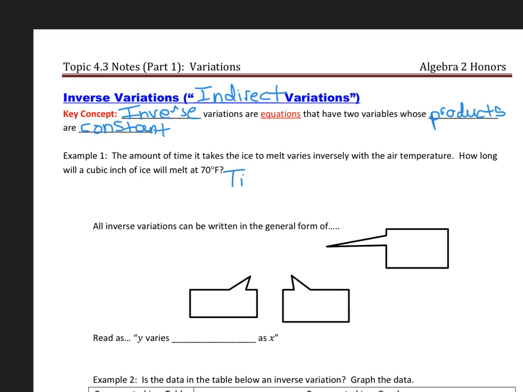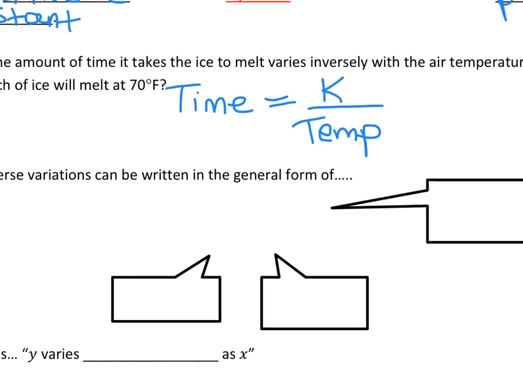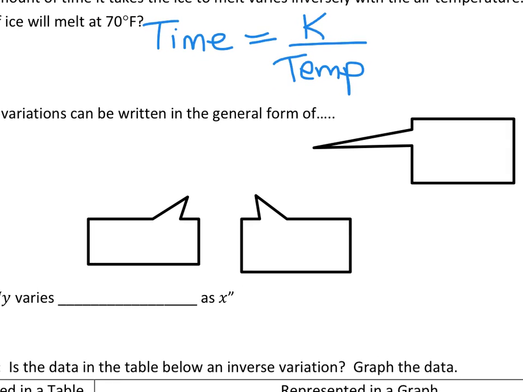So the time it takes is going to vary inversely with the temperature. And you can see instead of being k times the independent variable, this time k is being divided by the independent variable. So generically, if we wanted to generalize, we could write all inverse variations as y equals k divided